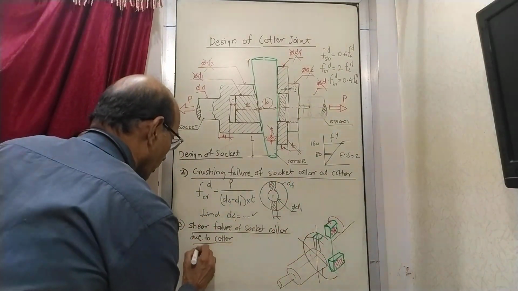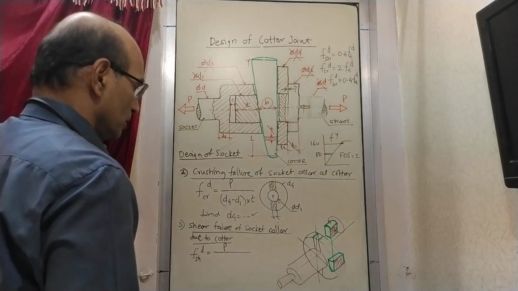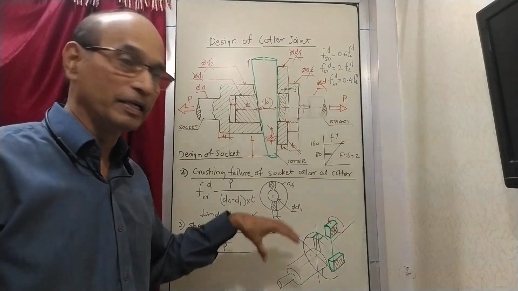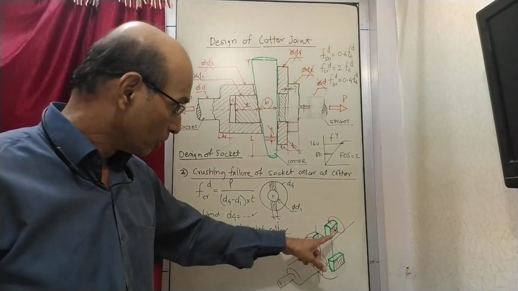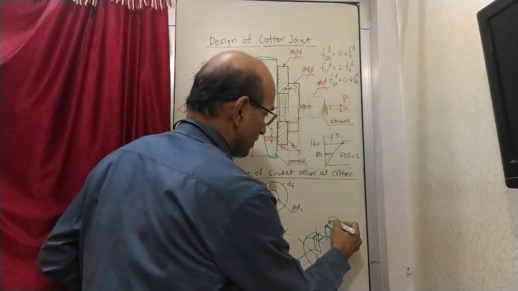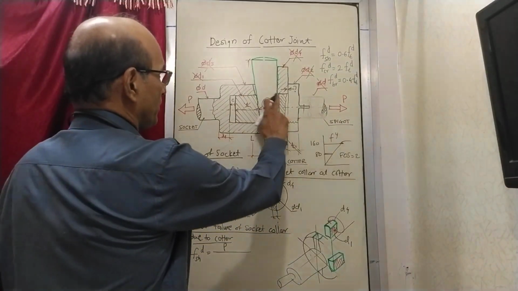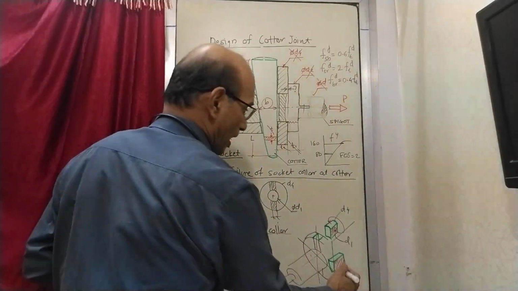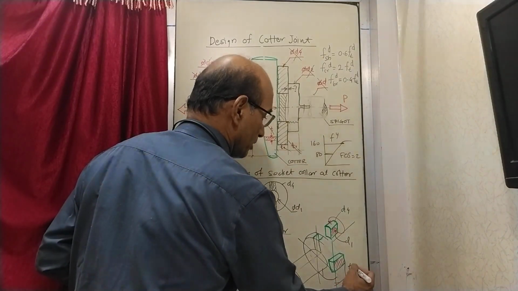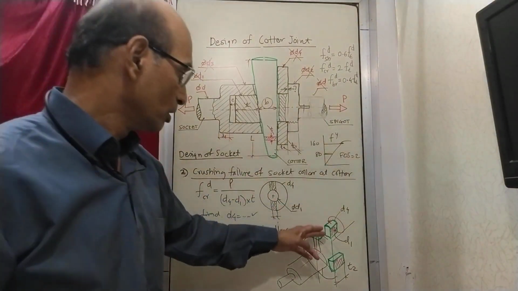So we write now F shear design equal to load upon area. Now in all these problems, what area you are going to take is important, and it keeps on changing as per the situation. Now this shaded area you have to take. How much is the shaded area? You will find here outside diameter is D4, inside diameter is D1, and then the length is going to be T2. So D4, D1 and T2.